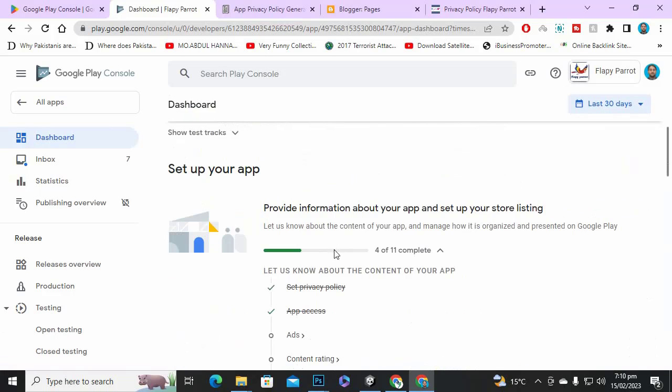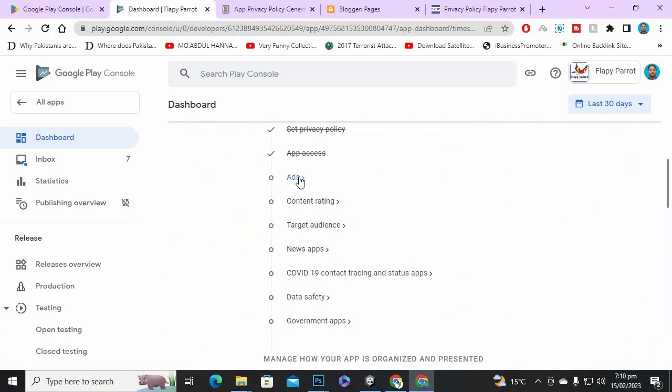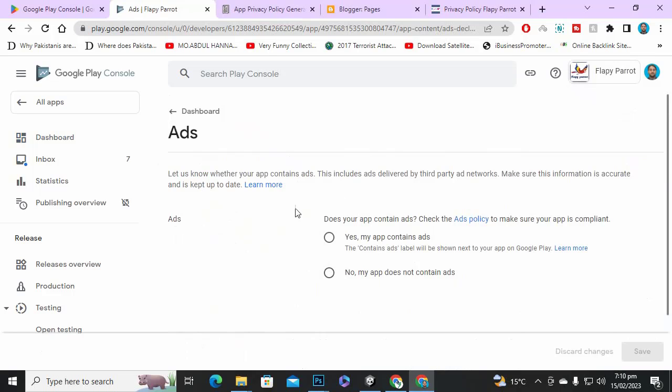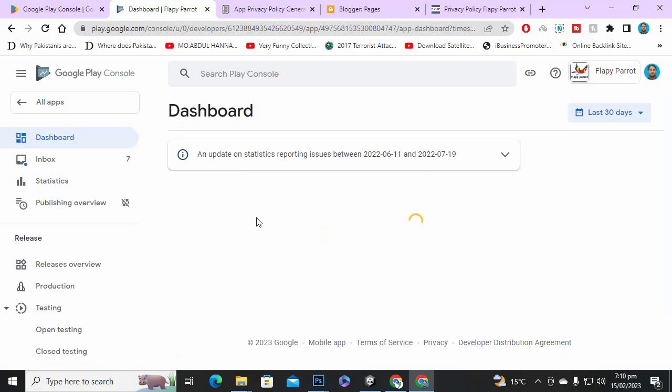I'm just going through all of them. So, does my app contain ads? Yes, my app contains ads. So let's go to the dashboard. Next step,